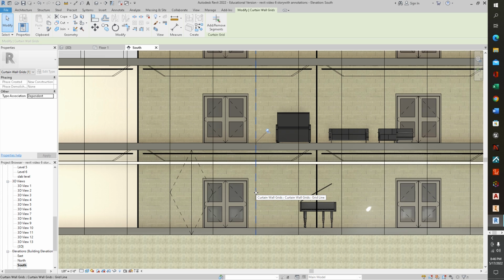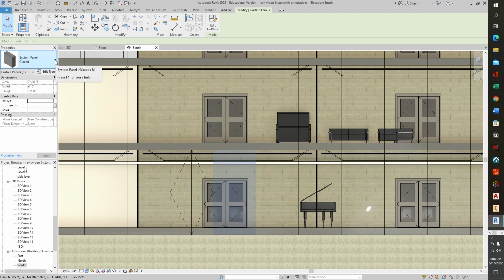opening up this wall here to put a door in it. So once again, we'll click on the edge of the panel that we'd like to have selected. We'll hit tab. You can see that there's blue lines that get highlighted, and as they get highlighted, it will show you now we've got this one panel. So we're going to left click our mouse to select that, that's the panel we have. And in this case, what we would end up having to do is load our